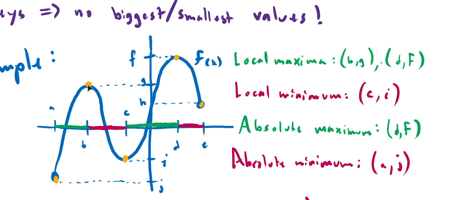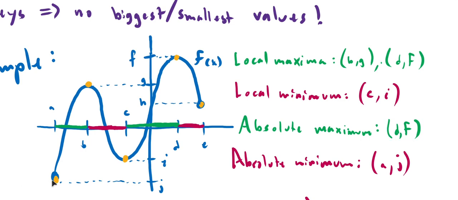So this is a local maximum at b, g. Likewise, we have one of those here at d, f. There's a local minimum where it stops going from decreasing to increasing at c, i. And then there's an absolute maximum. So this is its overall biggest point. This is the highest y value on the graph. So d, f is the absolute